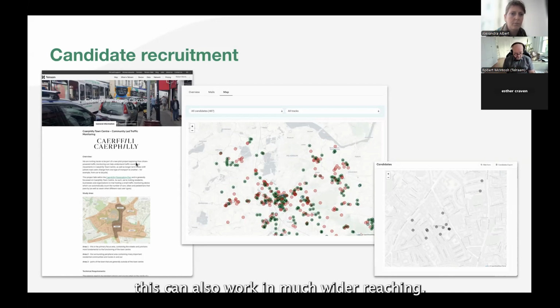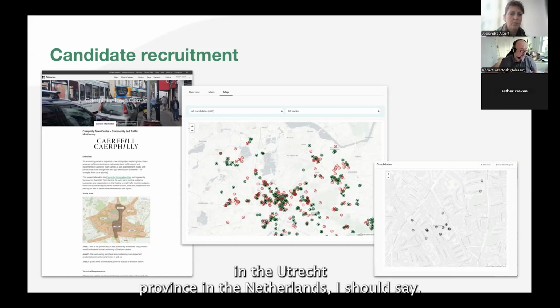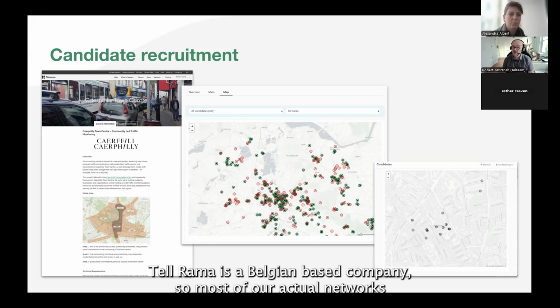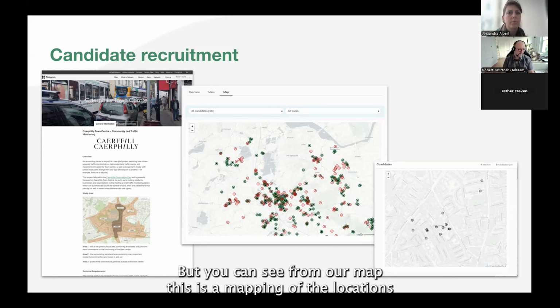This can also work in much wider reaching. I'll come on to this a little bit later, but this is a map of the volunteers in the Utrecht province in the Netherlands. I should say Telraam is a Belgian-based company, so most of our actual networks are in Belgium and the Netherlands at the moment, expanding very much into Germany and France, and so the UK is relatively new. But you can see from our map, this is a mapping of the locations of the volunteers, the candidates